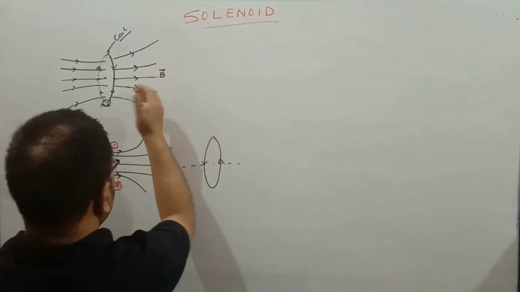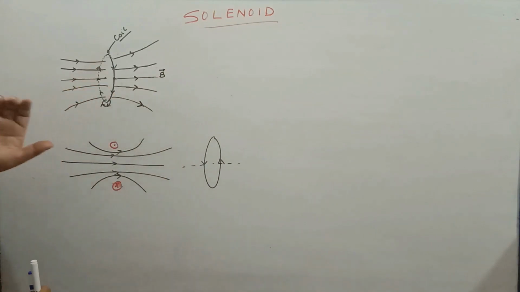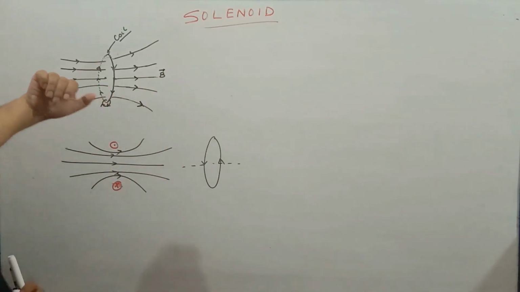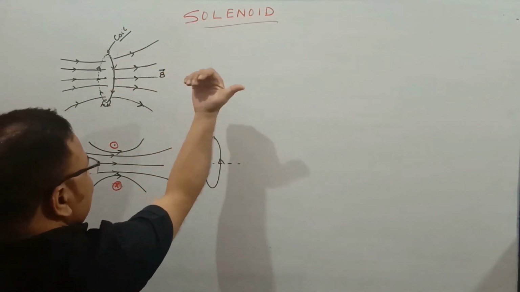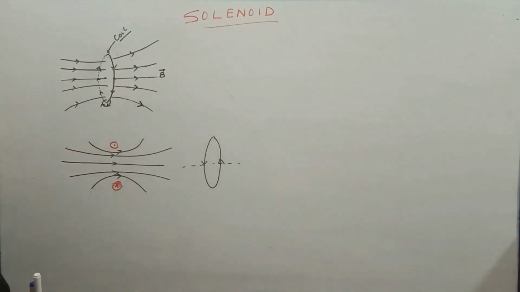In the same way, what you see is somewhat like this, so we can draw like this. Field is going inside, and from this side if we see it is anti-clockwise, so the field is somewhat like this. So by using the right hand rule, you can find out the direction of magnetic field. Now we are going to see two current carrying coils near to each other.